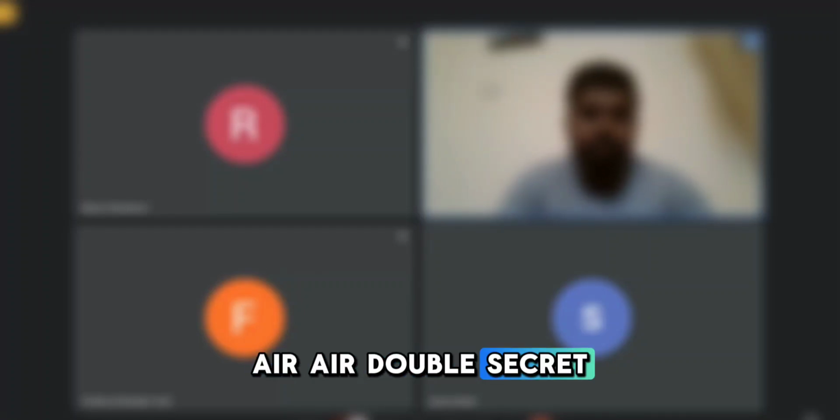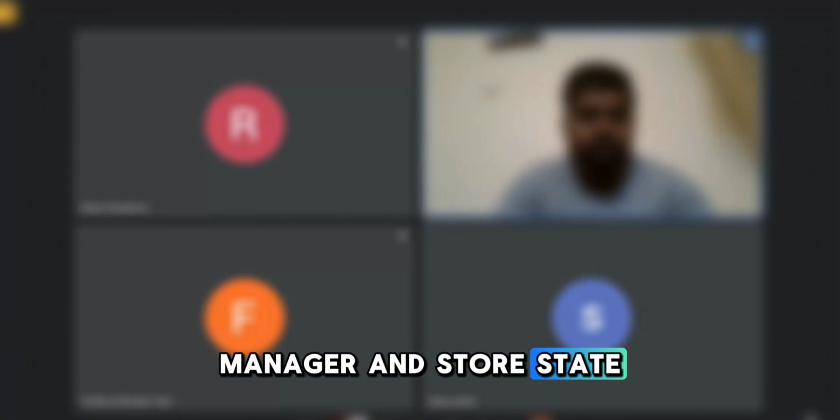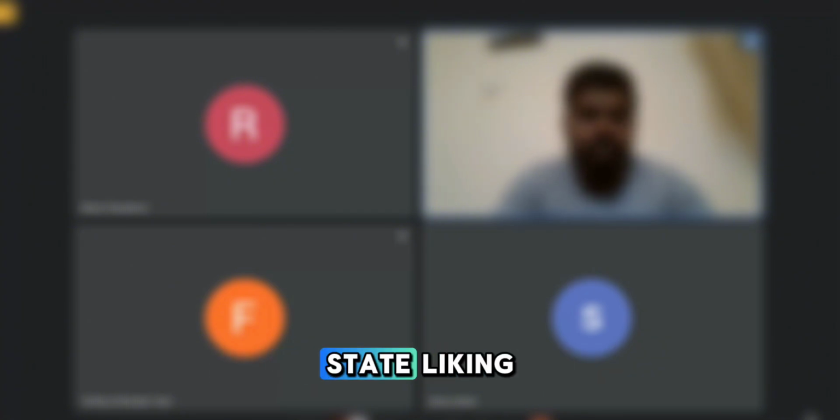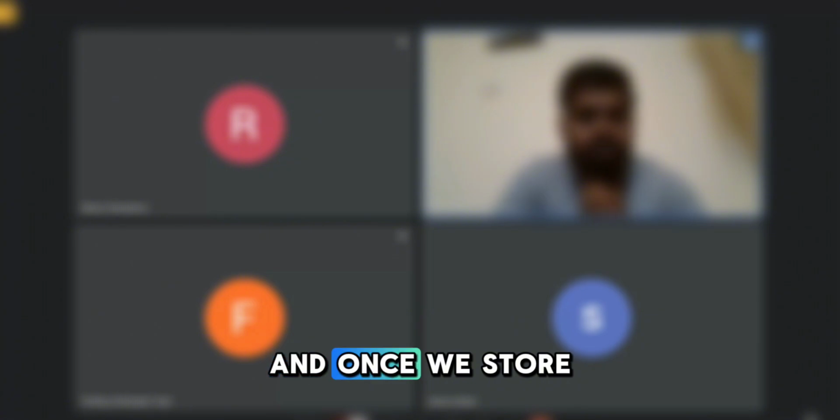Data we can store in AWS Secrets Manager, and store the state file remotely with state locking using S3 with DynamoDB. And once we store it in GitHub, we can